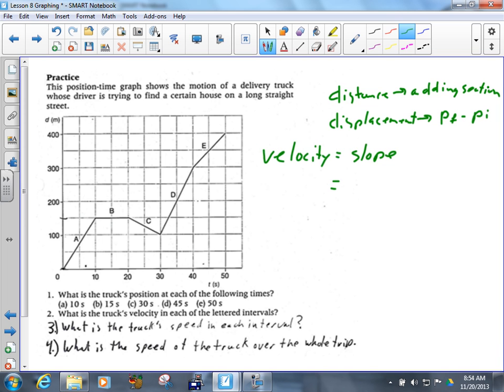Or if I'm talking about the whole trip, can I just use this formula we dealt with the other day? Now the thing to watch for, guys, is sometimes on a quiz or on a unit exam, I will say specifically how I want you to calculate velocity,